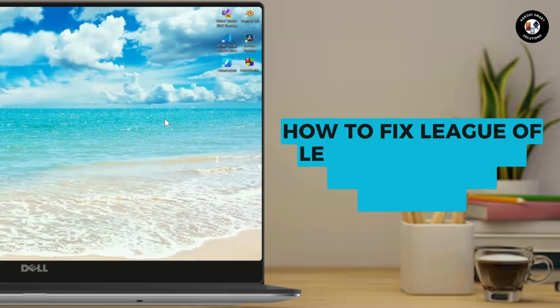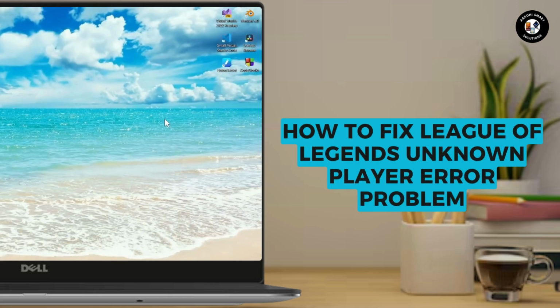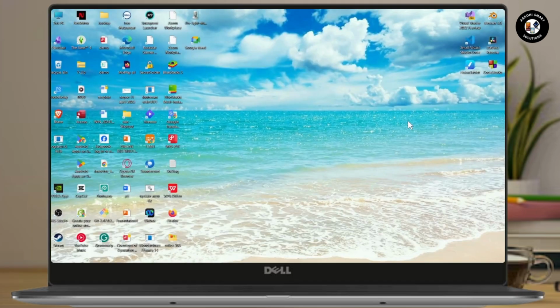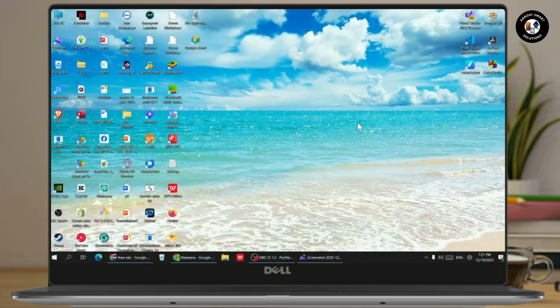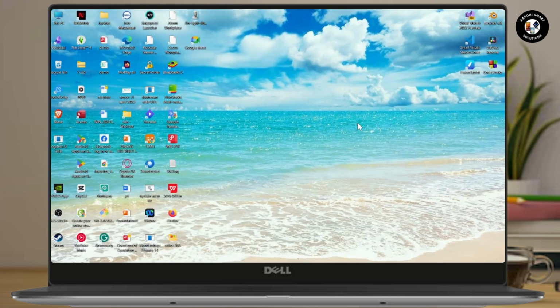How to fix League of Legends unknown player error problem. So if you want to fix League of Legends unknown player error problem, then what you need to do is just follow these steps. So the first thing you need to do is check your internet connection because it might